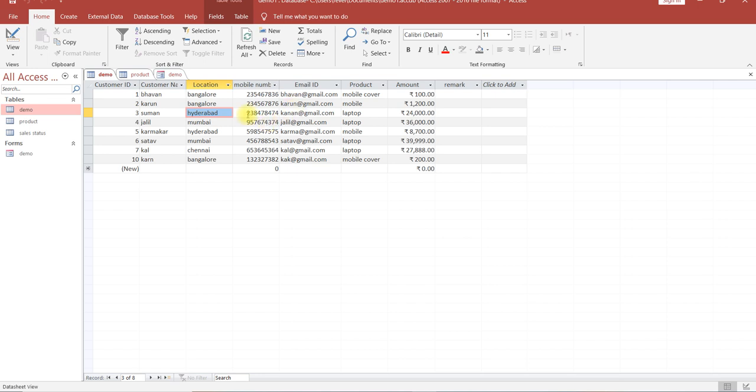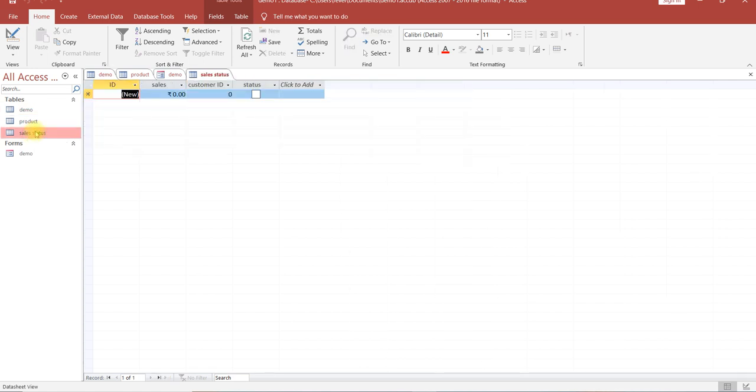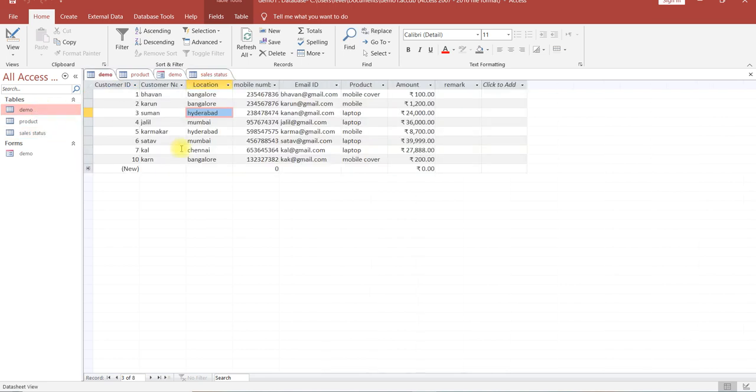In the sense, we have to create a relationship. Why do we have to create a relationship? Because by that we'll come to know that we can create a report easily. As well as when you are using this database in any other platform like Tableau or Power BI, where you are connecting this database with other platforms, it will be very easy to analyze when there is a relationship.